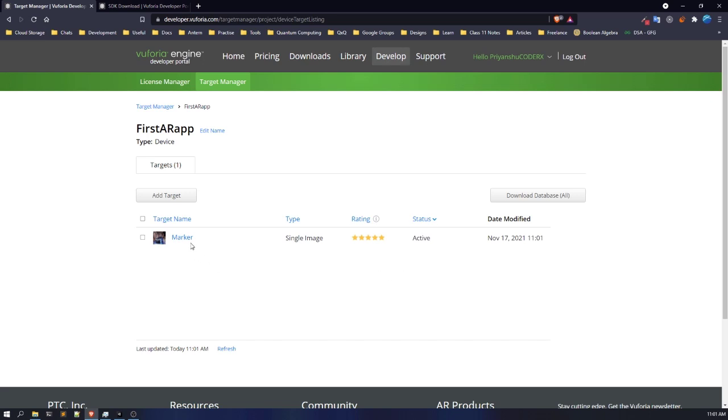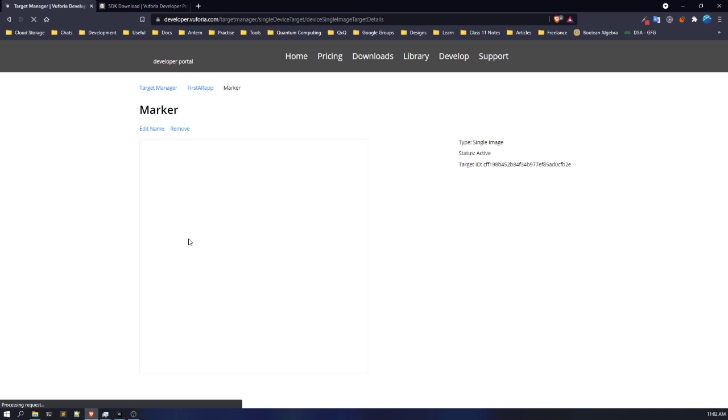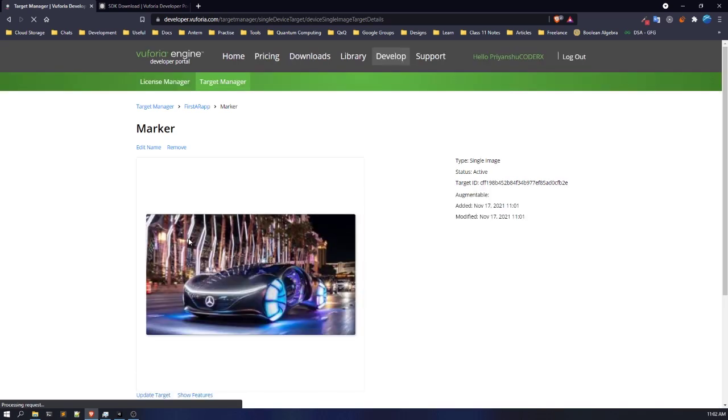To get those things, click on the marker. It would redirect you to the marker properties, you could say. Then I'm going to show you some very important things, and that would give you an understanding of what sort of marker you should use and what sort of marker you should not use for your marker based AR applications. As you can see here, on the right side,